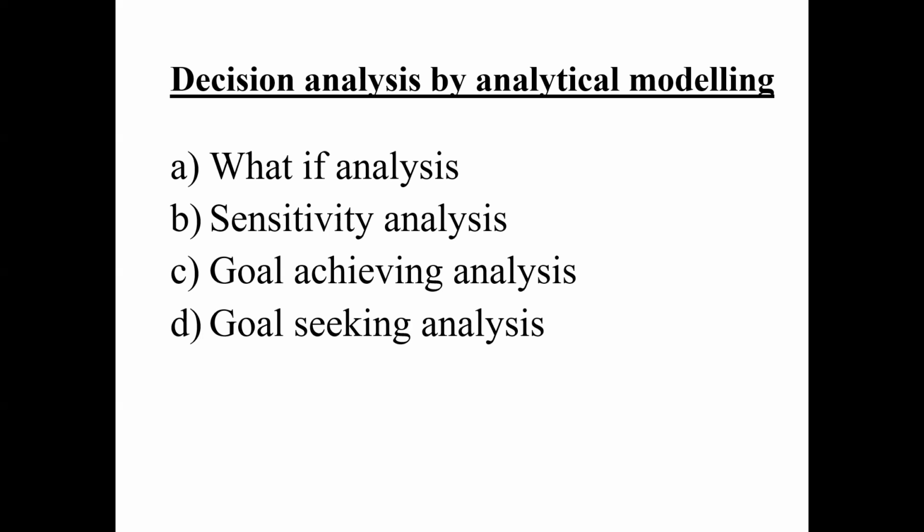Now goal achieving analysis. The name itself is saying you have to do a particular task until you reach your target or your desired value. So making repeated changes to the selected variables until a chosen variable reaches a target value. What you are doing here is your goal is fixed, like you want to reach a sales of 1 lakh. आपको 1 लाख की सेल तक पहुंचना है. योर टारगेट इज फिक्स. नाउ यू हैव टू वर्क इन अ बैकवर्ड डायरेक्शन. आपको पीछे की तरफ वर्क करना है कि मैं कितना एडवर्टाइजिंग कॉस्ट कम करूं कि हमारा सेल इतने तक पहुंच